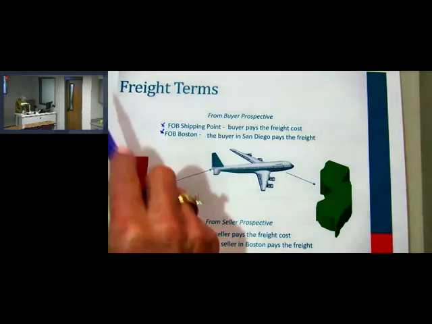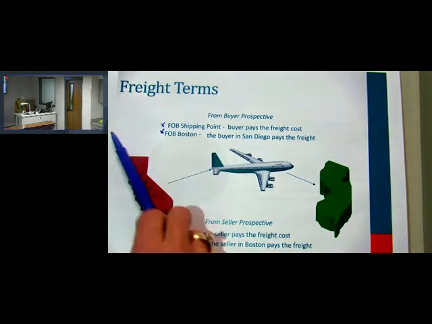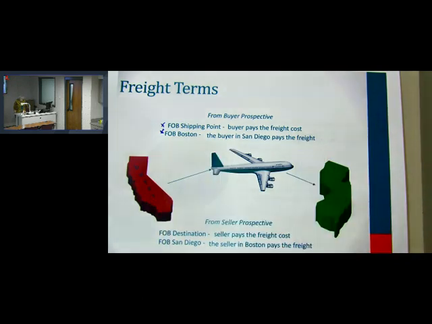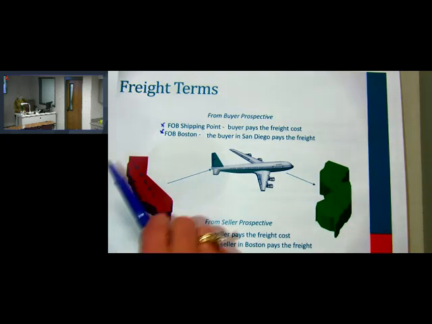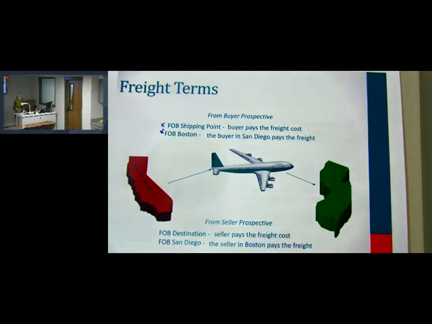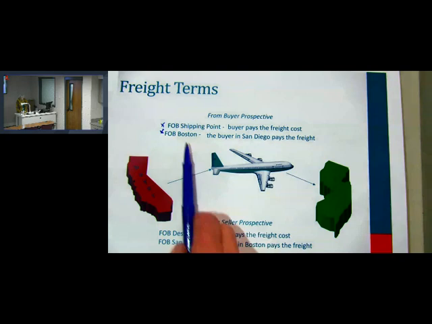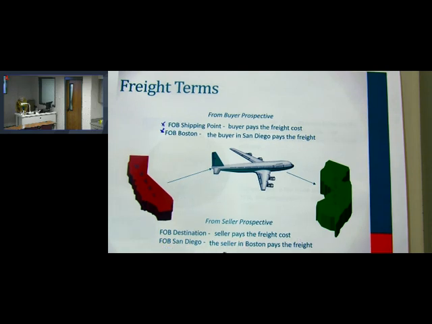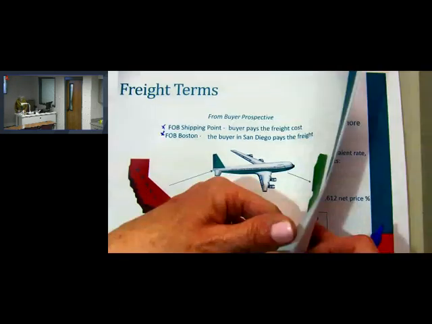So again, it's originating in California. It's going to be shipped all the way to Boston. And again, if that's the case, the buyer in San Diego, or the seller, I should say, pays the full amount of the freight. So another way of saying it is it can be FOB shipping point, it can be FOB destination. If it's FOB destination, again, the seller pays the whole way, all the way to where it's going. So just make sure that you know the difference between those two things. Again, you can apply trade to freight.